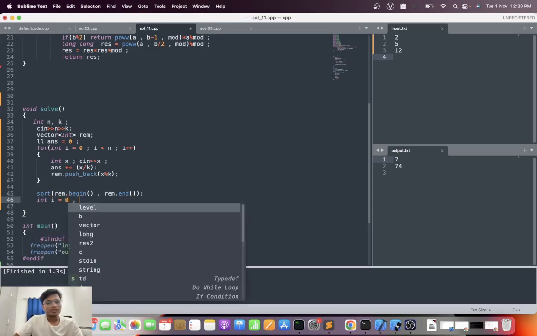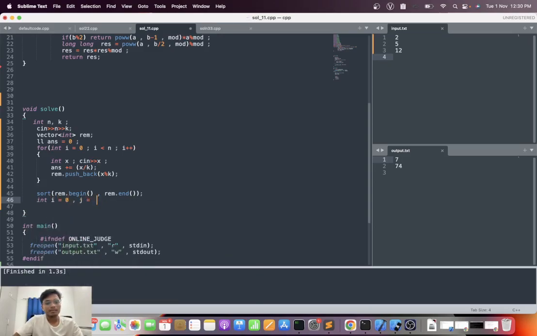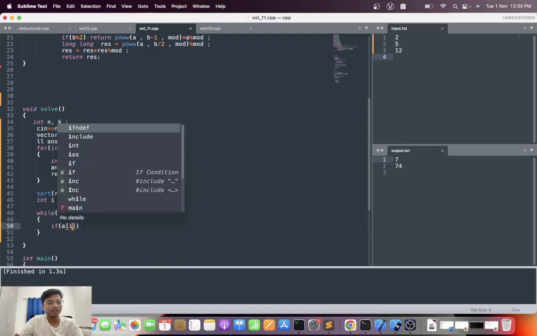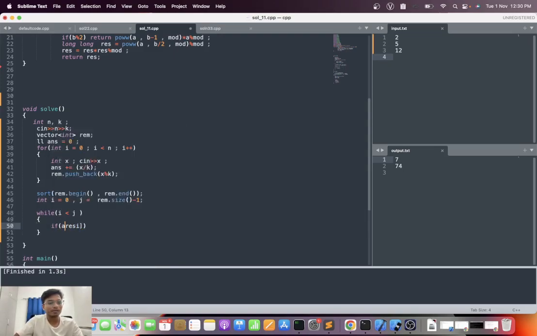So int i equal to 0 and j will point to n minus 1 or rem dot size minus 1. Basically it is the size of n because I also pushed the n, that is okay. So while i is less than or equal to j, if rem of i, that is the remainder at ith position, plus remainder at jth position, is greater than or equal to k,